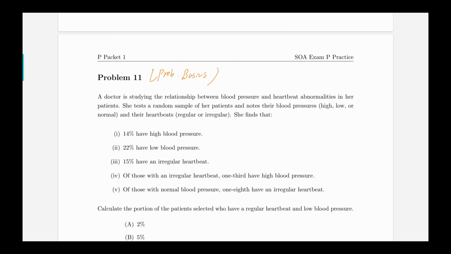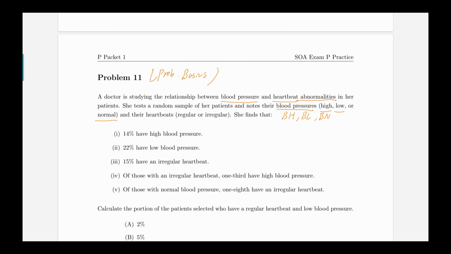Basically the 2 categories are blood pressure and heartbeat abnormalities in their patients. And for blood pressures, it can be high, low, or just normal, which I'm going to mark them BH, which means that the blood pressure is high, and BL, which is the low blood pressure,